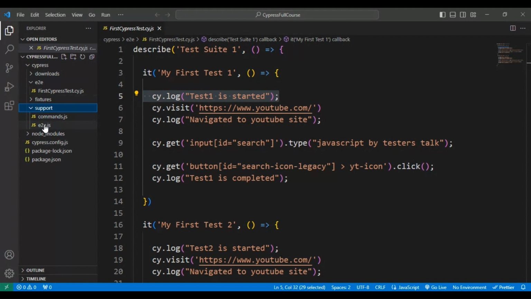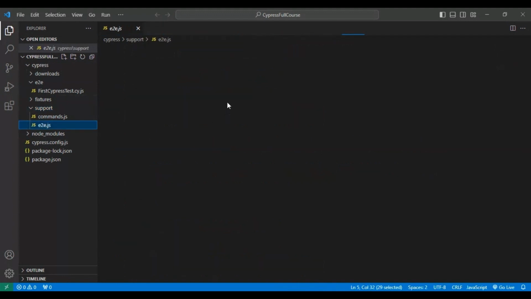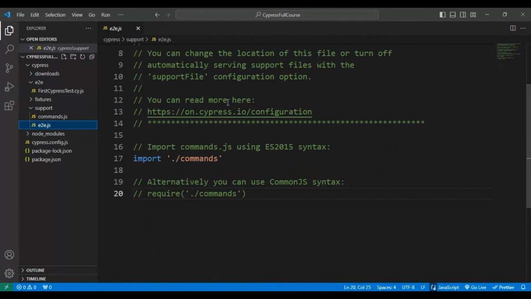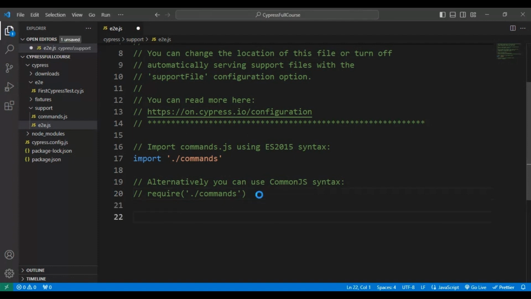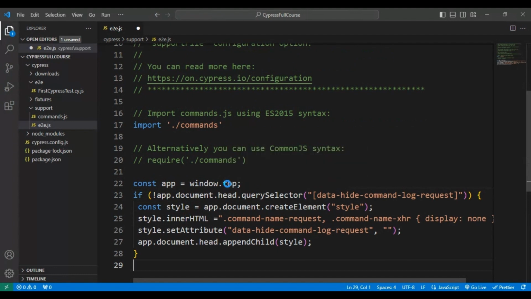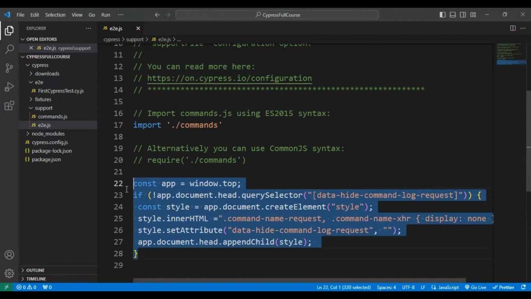Simply I will open the file and I will add it here. So no need to worry about this code. I will provide this code in the GitHub repository. You can get this code from the testers.github page. In my case, my system is a bit slow today, so it is taking a little bit of time to respond. So I have added this particular snippet of code in the e2e.js file, and then I will save it